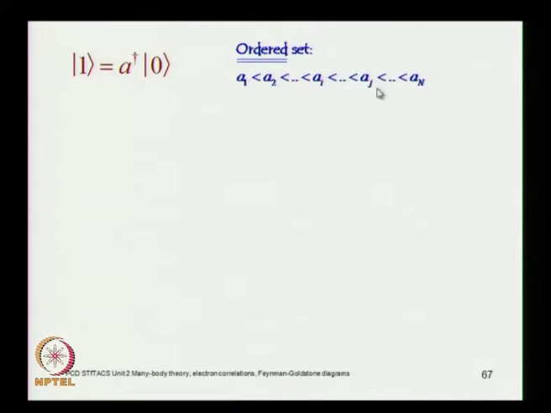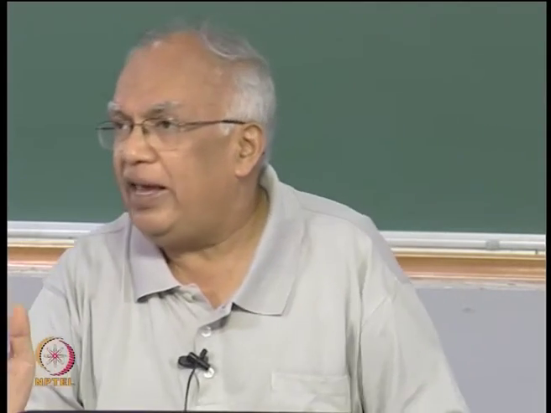We will work with an ordered set, and this I would like to emphasize: it does not mean that you are dealing with numbers which have this inequality, but that these are quantum labels arranged in a particular sequence, so that the label A1 comes before A2 and A2 comes before A3, because these labels are not necessarily numbers. They are just quantum labels, in fact a set of 4 quantum labels,